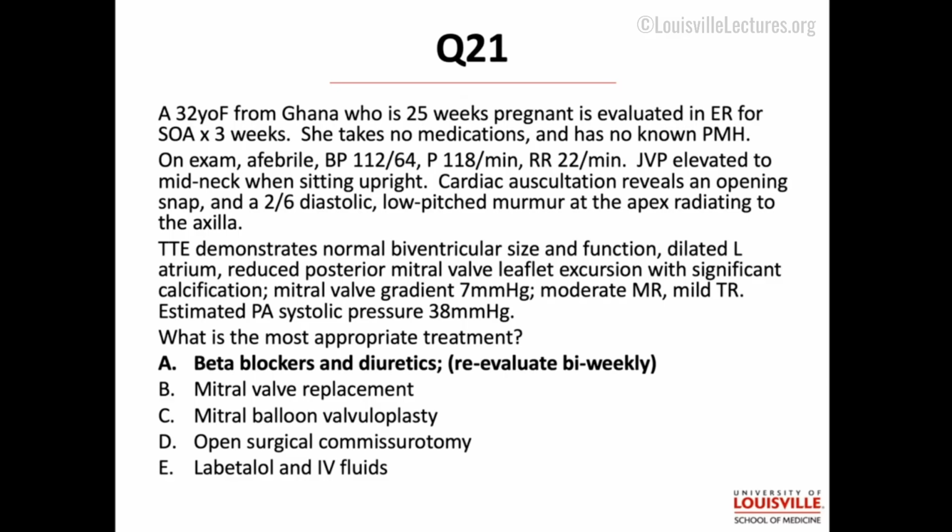And I like to think about pregnancy to help me understand how to treat it normally. Remember that mitral stenosis means you have less flow getting into the left ventricle during ventricular diastole. You'd like diastole to be as long as possible so as much blood as possible can fill. So beta blockers: if you slow the heart rate, you spend a more relative amount of time in diastole, you get more filling. And then because she's in heart failure, and especially in pregnancy, with that increased circulating blood volume, you need diuretics. I added on here, reevaluate biweekly.